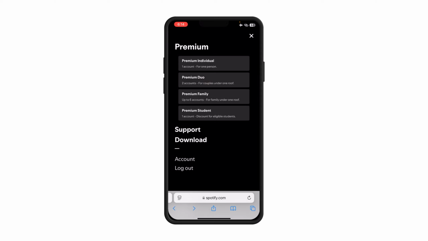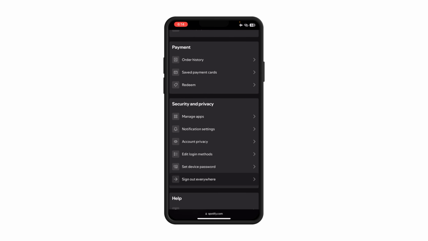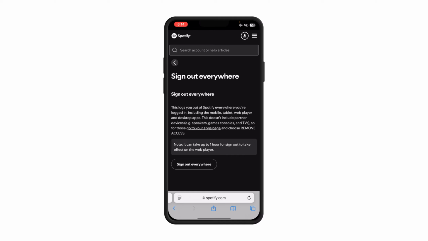So click on this. Okay, sorry, so scroll down. You're going to see sign out everywhere. Click on it. So if someone is currently logged into your Spotify without you knowing, and you want to log out the person, just come here and click on sign out everywhere. You can log out and sign out the person from using your Spotify account